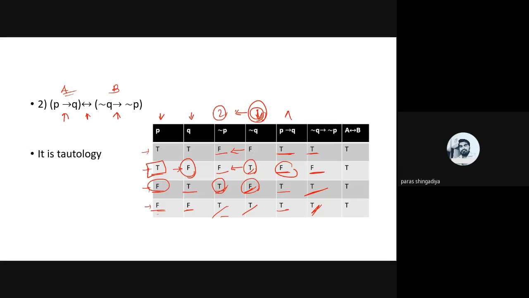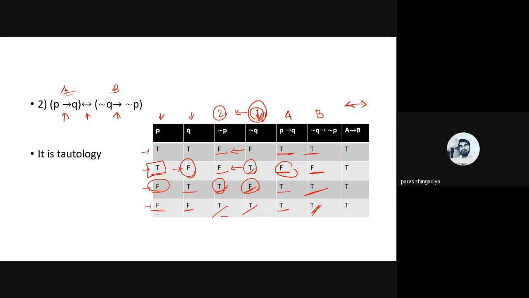And now let us derive the final output. Let us say the first bracket is A and the second is B, and we'll check the final output as A biconditional to B, okay. That is the notation, the meaning of the biconditional operator: if and only if.